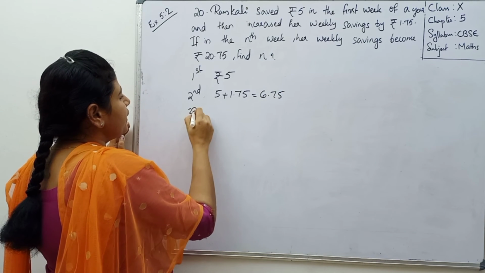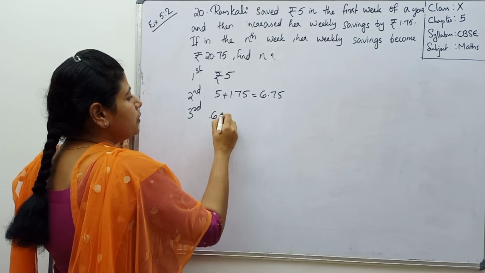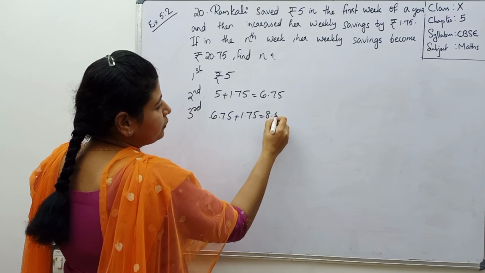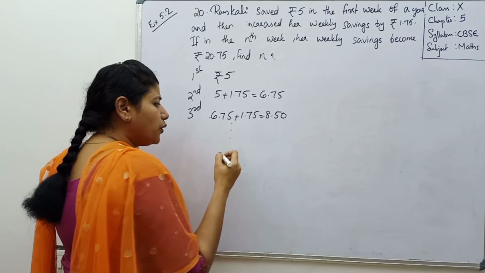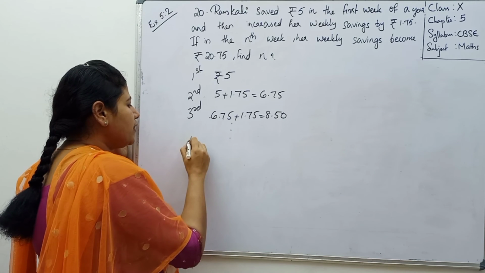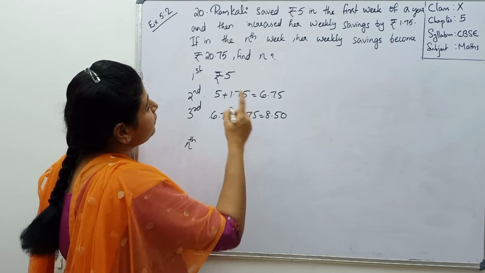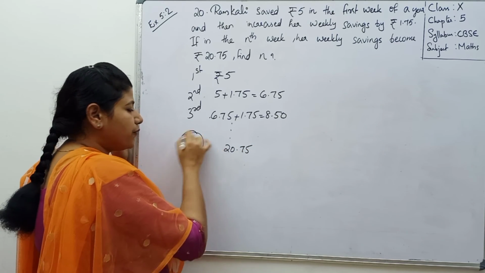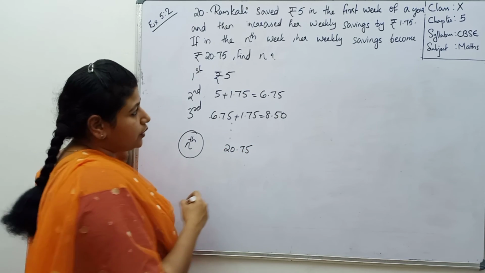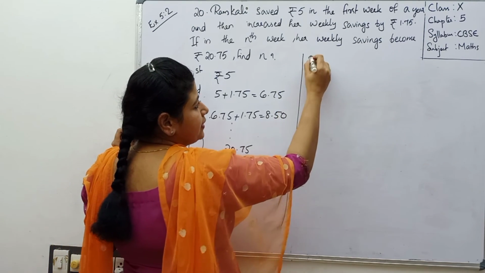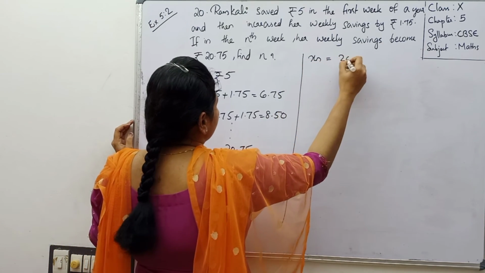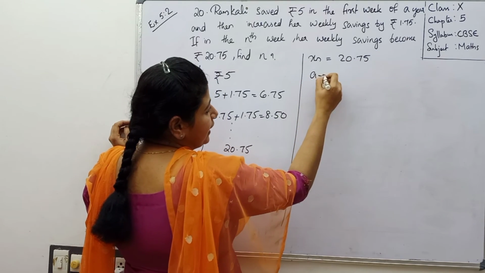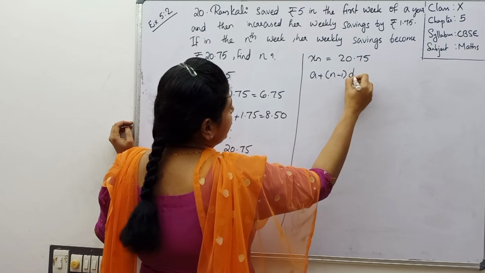And what about the third week? Third week also she increased with 1.75. So you will get 8.50. Goes like this. And on the nth week she saved rupees which is 20.75. So we have to find out this n. Now we can take xn, isn't it? xn as 20.75. We know the formula a plus n minus 1 into d equal